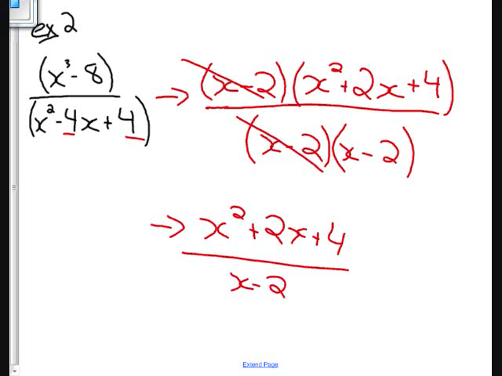Do you have any restrictions? Once we do our sum and difference of cubes, that last bracket is not factorable. There are no numbers that multiply to 4 and add to 2, so we won't break that. Good. And our restrictions are x cannot equal